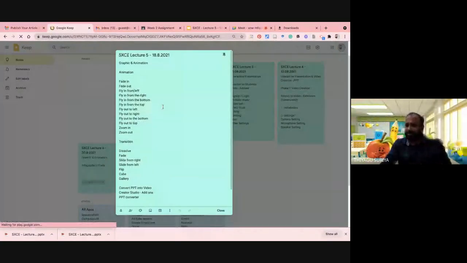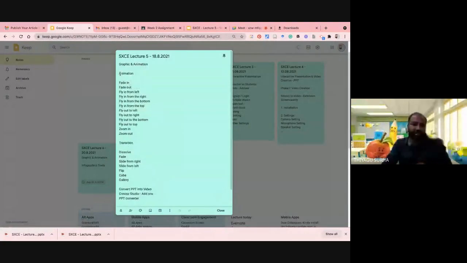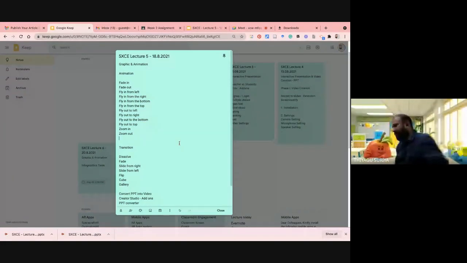So we discussed animations, like how to do fade in, fade out, fly in from the left, right, bottom, top. Similarly, fly out from the left, right, bottom, top, and we also discussed zoom in and zoom out. These are the common ones, and one more main thing we missed. Which option did we miss here? Can anyone tell the very attractive feature missing in the case of animation?